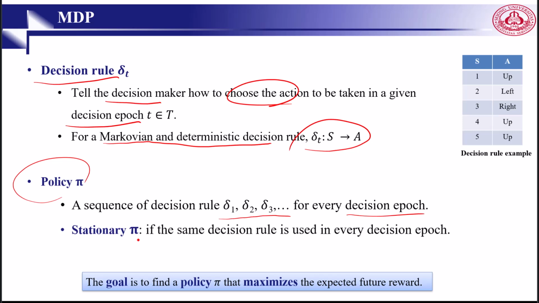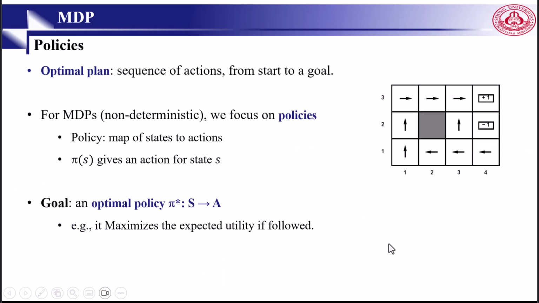We may have a stationary policy if the same decision rule is used in every decision epoch. So our goal here is to find the best policy, or you can say the optimal policy, which can help us reach our goal. What is the goal in reinforcement learning? Maximize the total reward. A policy, as I said, defines how the agent behaves. A policy can be either deterministic or stochastic. In a deterministic policy, we always choose a specific action in a given state. In the case of a stochastic policy, we choose actions according to a probability distribution. So in reinforcement learning, the ultimate goal is to find the optimal policy, which we denote by pi star, and this leads to the highest cumulative reward over time.